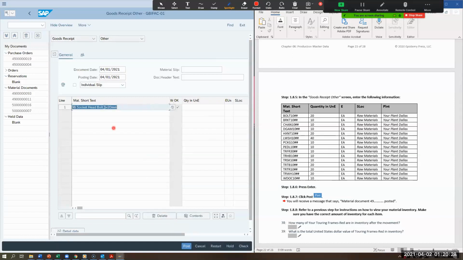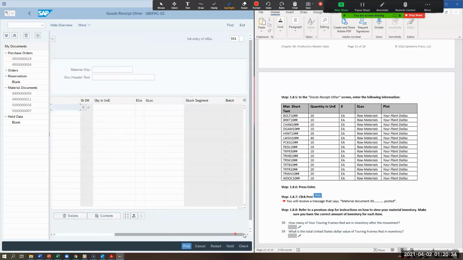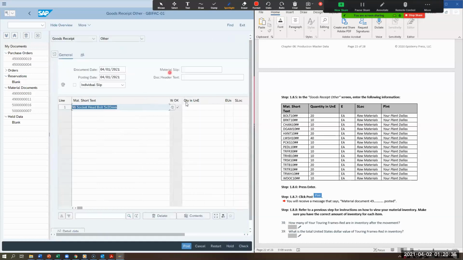I'm going to hit enter. When I hit enter, everything will pop up for me. Then I'm going to put in the quantity in unrestricted, which is going to be 20. I'm going to then put here each, EA. Storage location is going to be